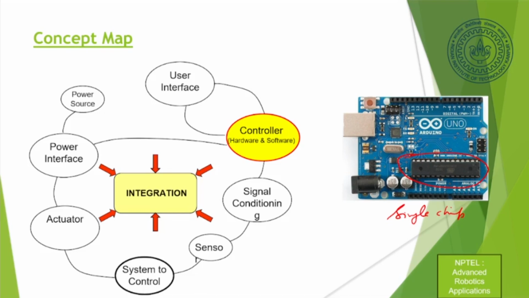For example, if it is taking a sensory input, giving an output to a motor, or if there is a connection to an ADC. To make those connections, we need to integrate all of them. We need to integrate sensors, and give output to actuators. It needs a power source, so we need a power interface. Then there can be some controller hardware and software issues, and some signal conditioning, for example, ADCs and filters. All of this together will make this microcontroller useful because it has to interface with the real world.